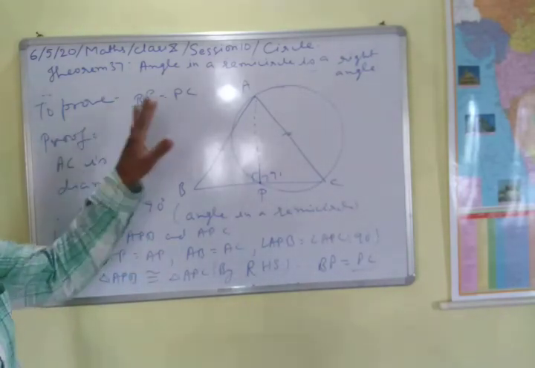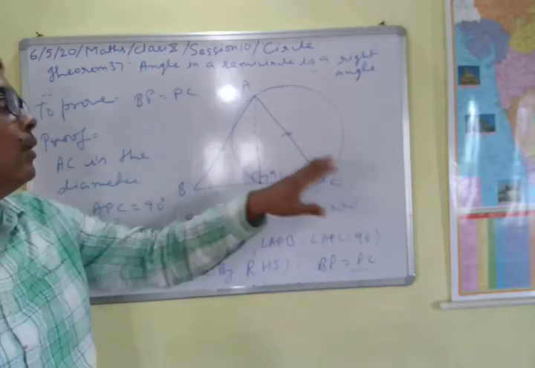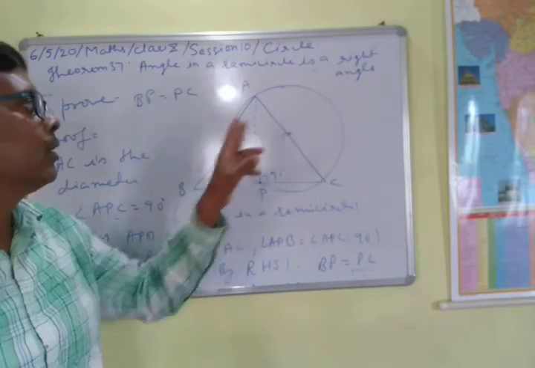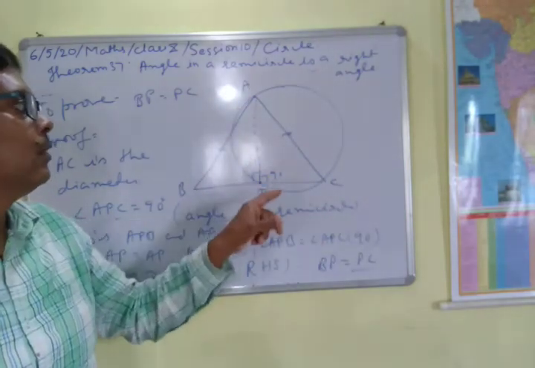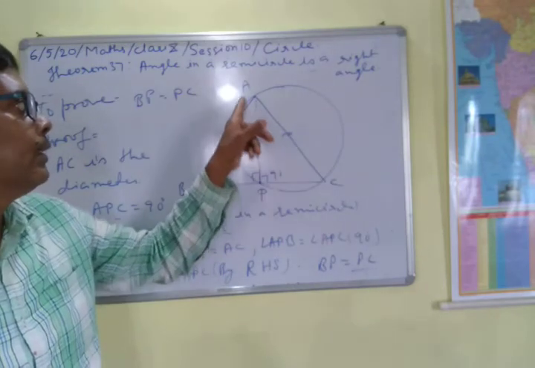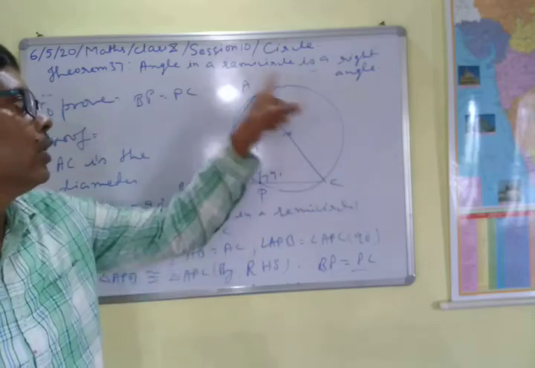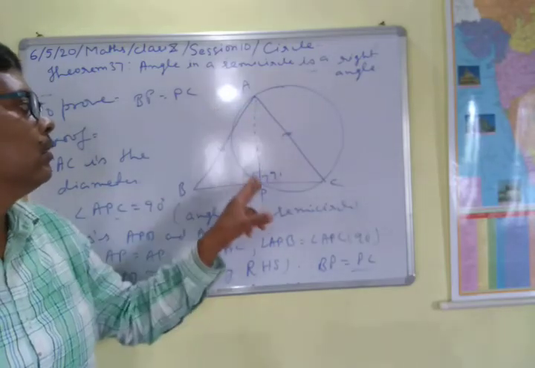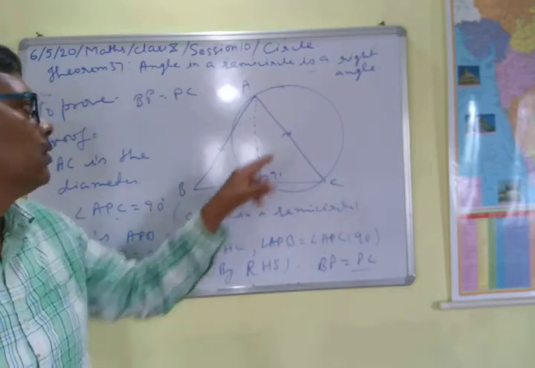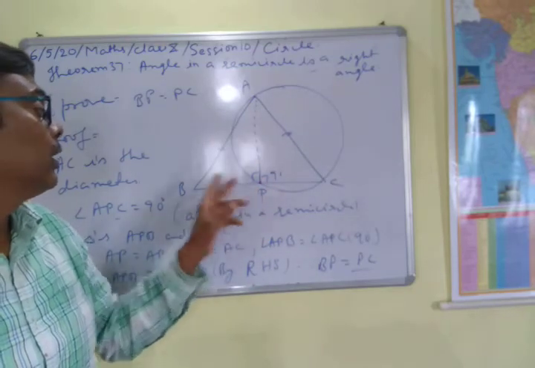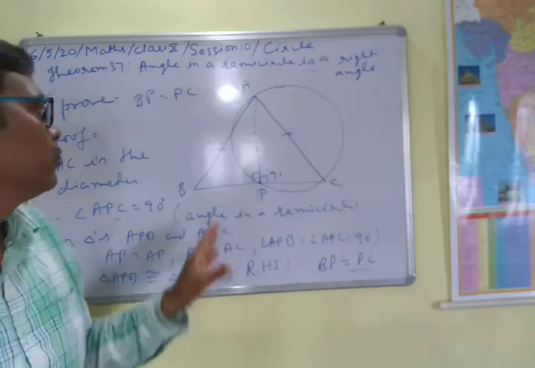So again I will repeat this. In this question you are given a triangle ABC, and in this triangle ABC the two sides AB and AC are equal, and in the question it is written that by taking any equal side as the diameter, draw a circle, and this circle is cutting the non-equal side at point P, and then show that BP and PC will be equal, that is, this point P bisects BC. So we will prove this here.